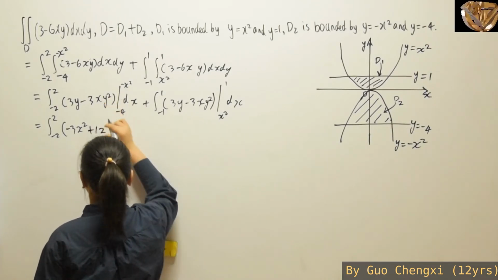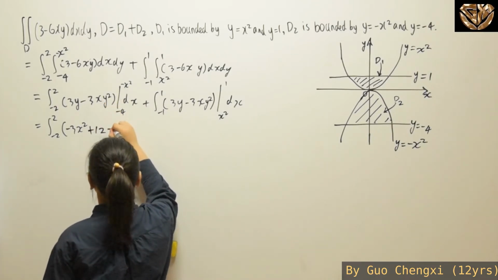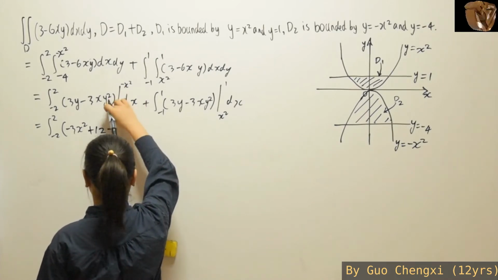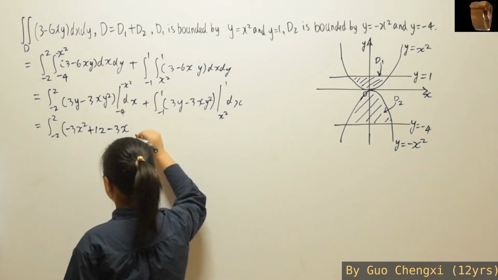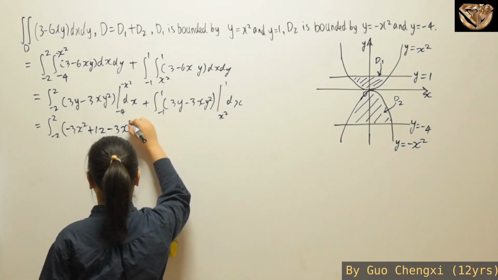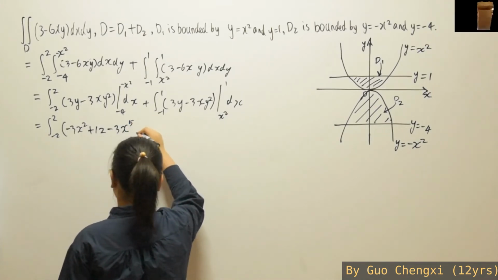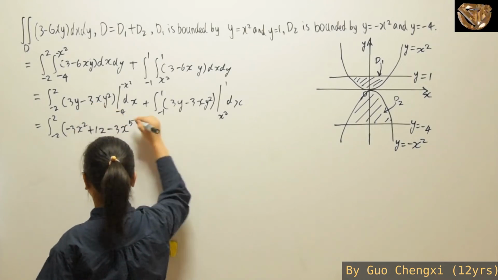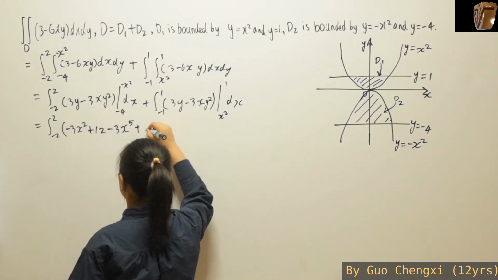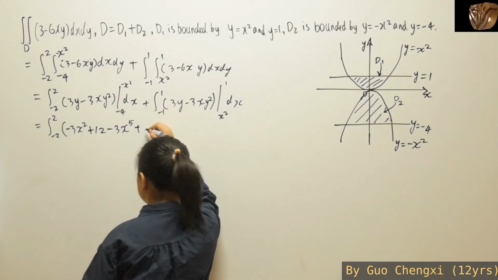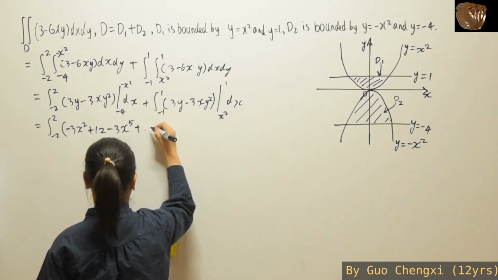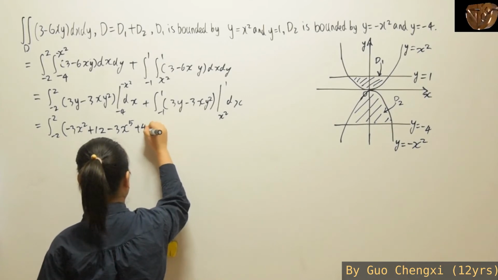This part you also can substitute inside, and since this is squared, the negative just becomes a positive. And then after that, x to the power of 5. Then you're going to minus, which will cancel out with this negative, and 4 squared becomes 16, and then 16 times 3 will end up with